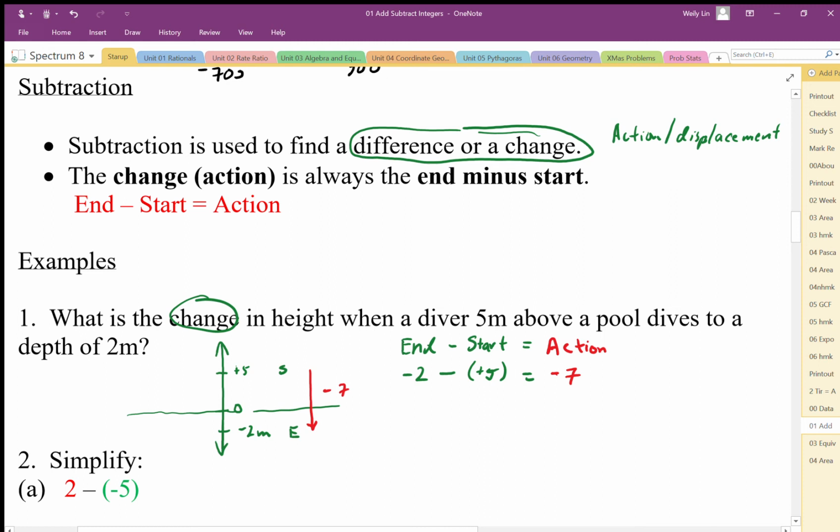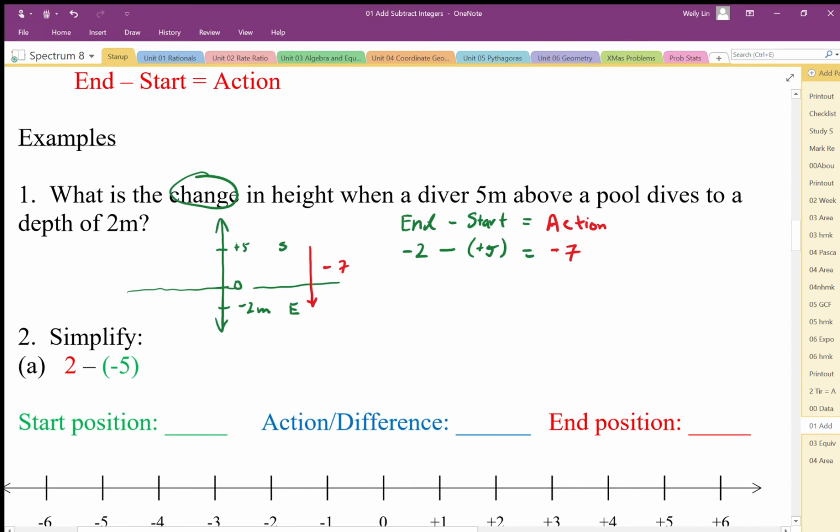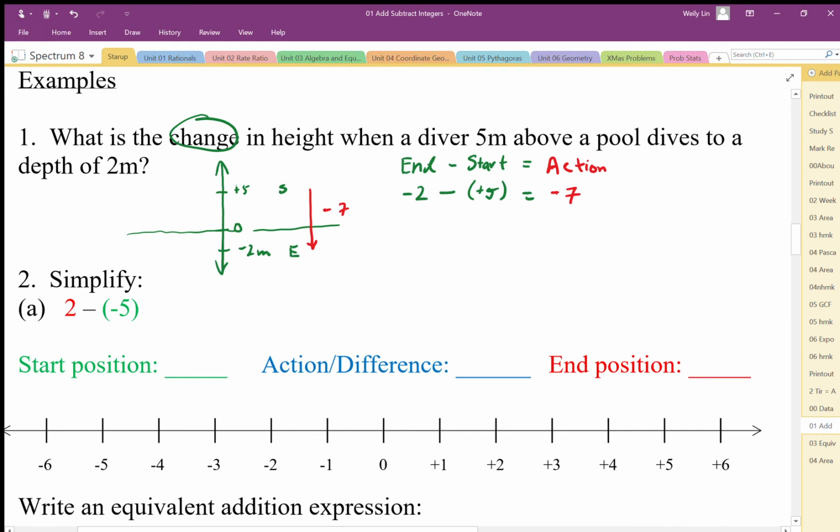So this is how we can model subtraction. The subtraction answer is the displacement or action, what happened in between 2 positions, 2 places on the number line. When we look at this example here, it's always end minus start. So this 2 must represent the end position. And it's hard to remember. If you forget this, that's fine, because we'll be able to go over this again at some other point. But we want to start understanding that these pieces are involved here. So we have an end position of 2. It's end minus start, so the starting position is going to be